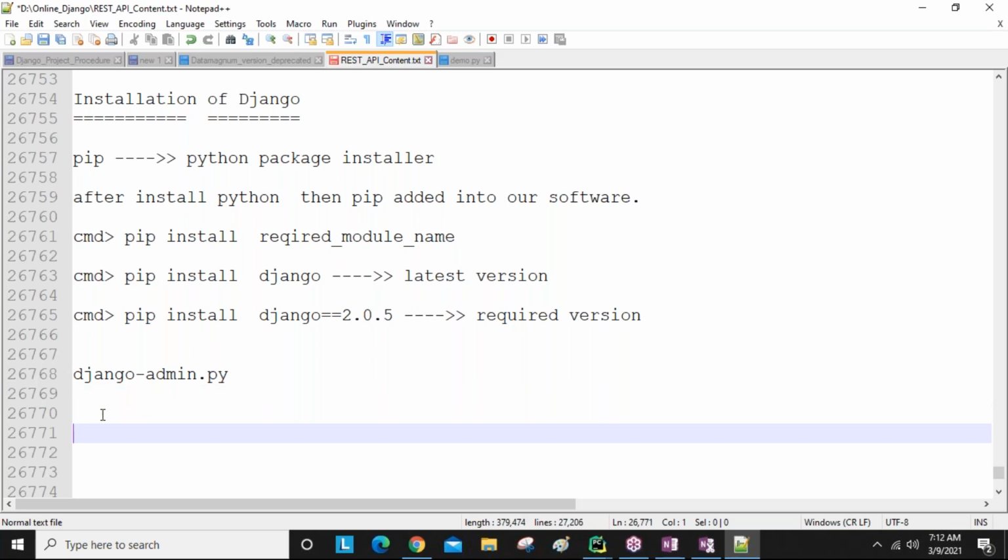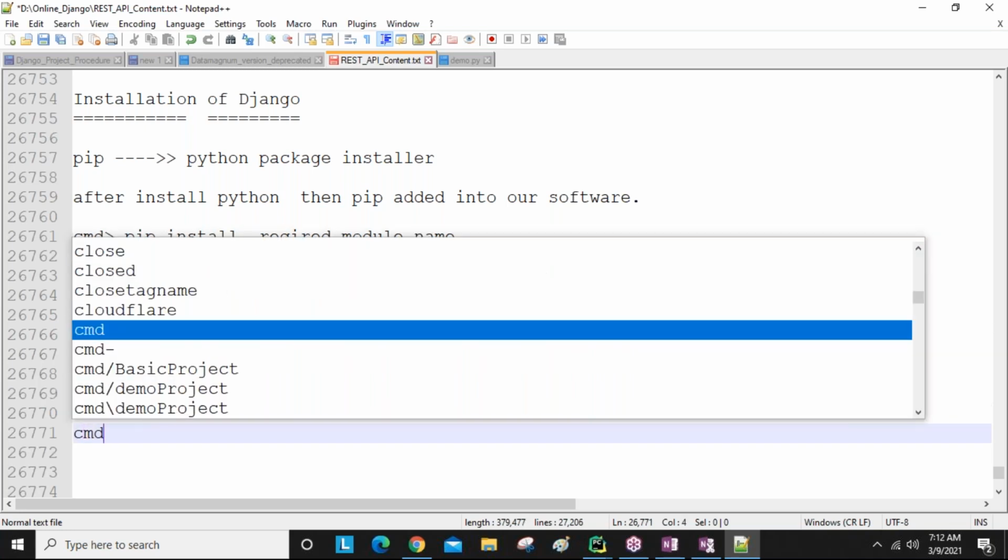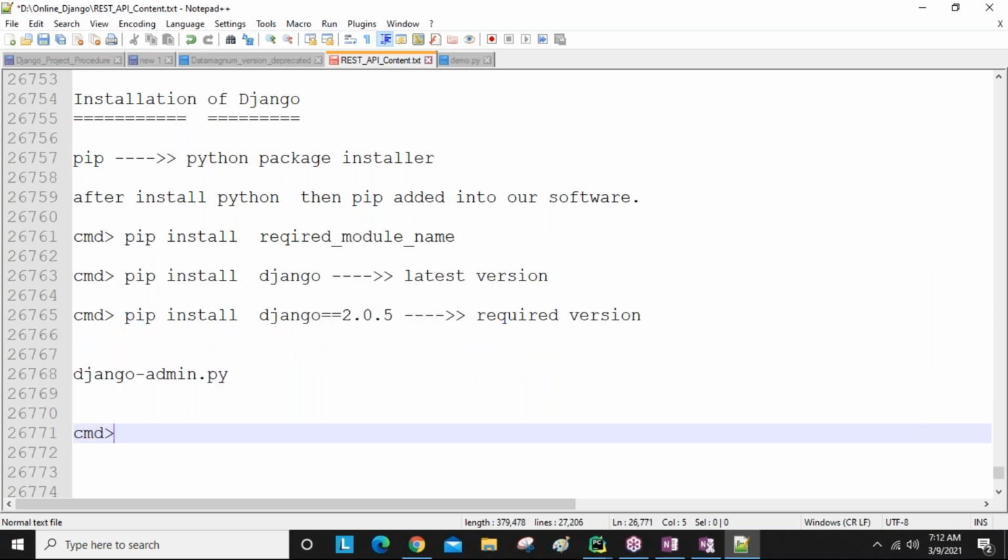Now you are going to open the command prompt, up to the location you want to select. Now you are going to create the projects. If you want to create the project, what is the command?